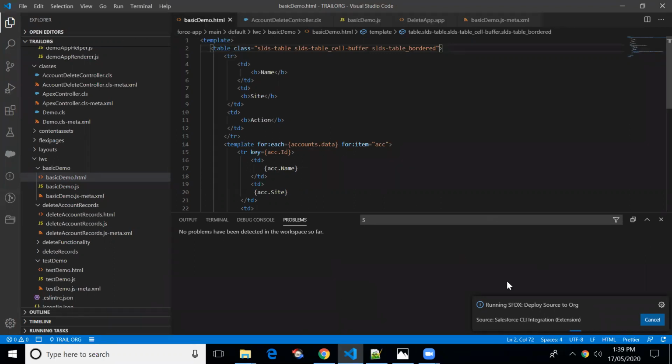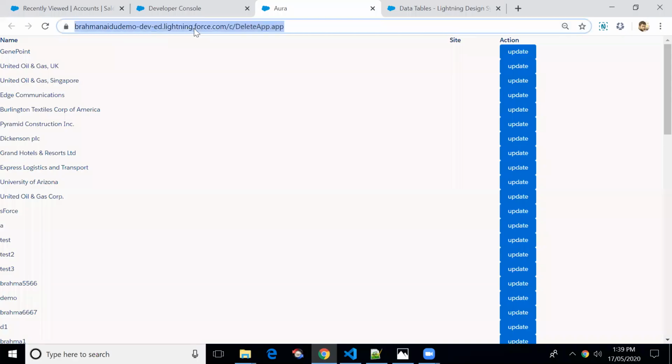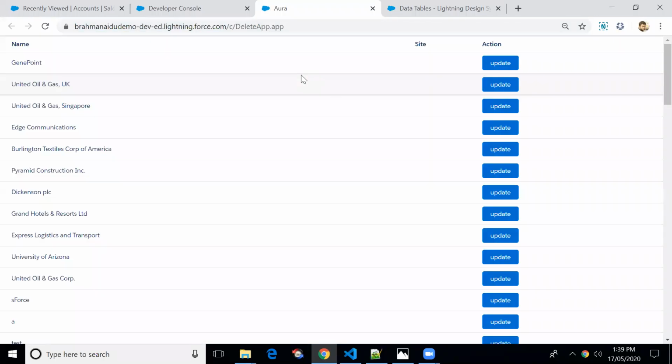It's loading, it will take some time. Yeah, we are successfully able to deploy the code to the source org. Now let me refresh the application since we made the changes.